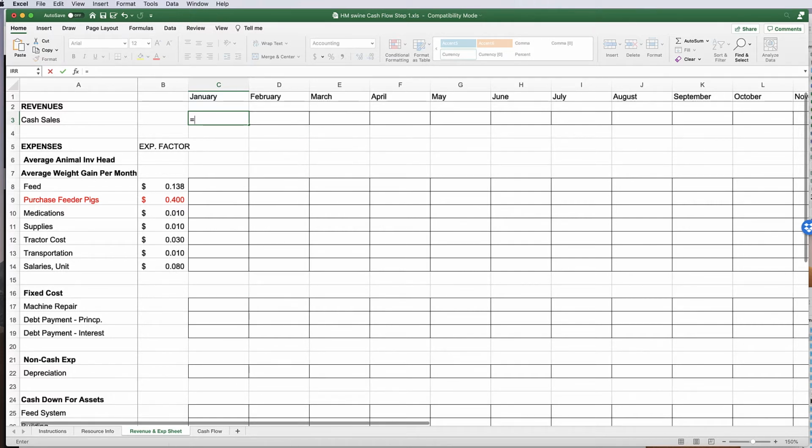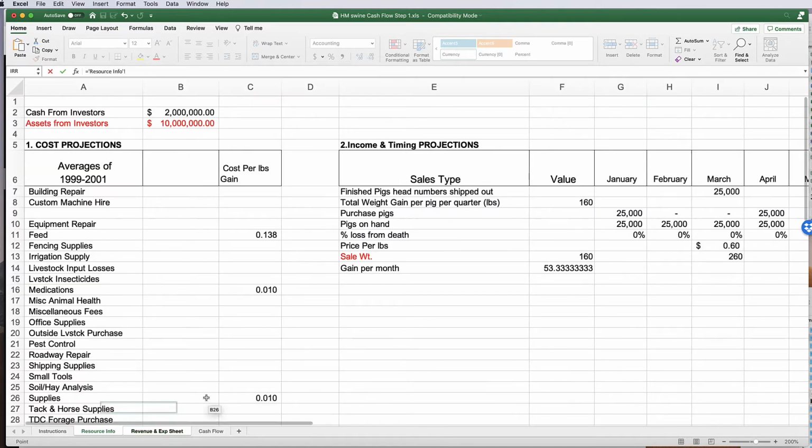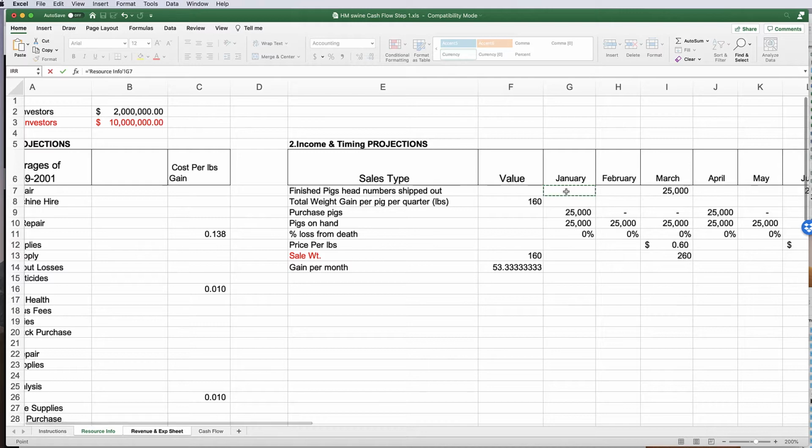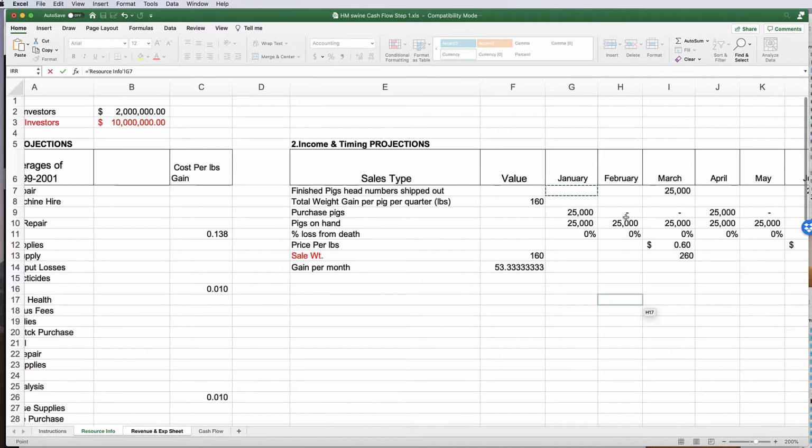Well, I'm going to leave this sheet, and I'm going to go over to the resource page, because in January, we ship this number of pigs out, so it's 0. And let's multiply it times, what do we multiply it times? That number of pigs. Let's see, let me think about this. I'm going to go ahead and put a multiplication in there, and then a bracket here, because we're going to sell that many pigs shipped out